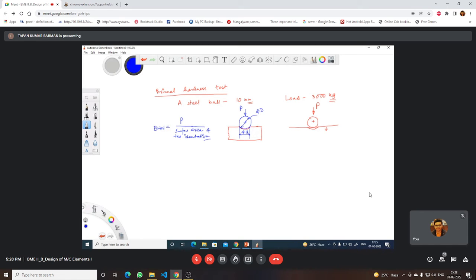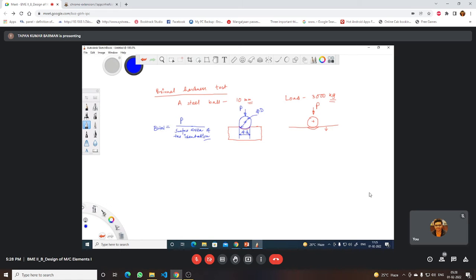This area can be calculated when you get the impression of this ball on the surface of the specimen. Then you may measure it physically, and from there you may calculate the surface area, and load divided by that surface area will be termed as the Brinell hardness number of that material. Now, the load is in kg, we have applied the load in kg, and surface area should be in millimeter square. So the unit of BHN should be kg per millimeter square.